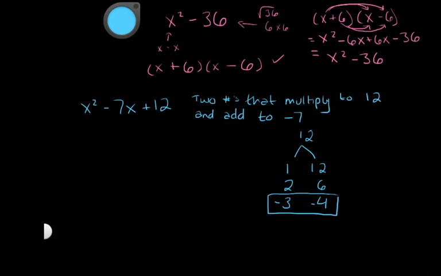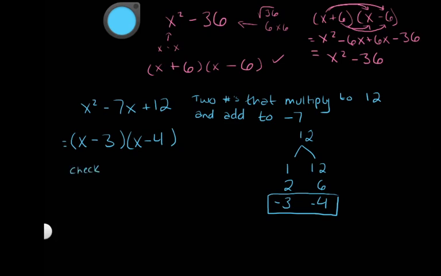So our first bracket, draw my 2 brackets. So the first one, both of them are going to have x's in them. So I've got a negative 3 and a negative 4. Okay, and we can check this to make sure it works. That was our answer. But we can check this